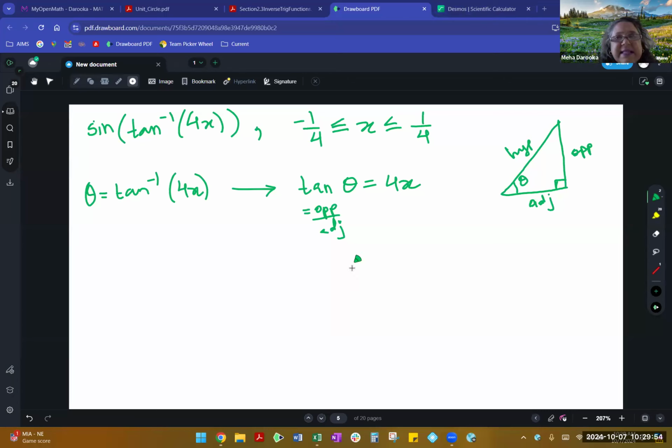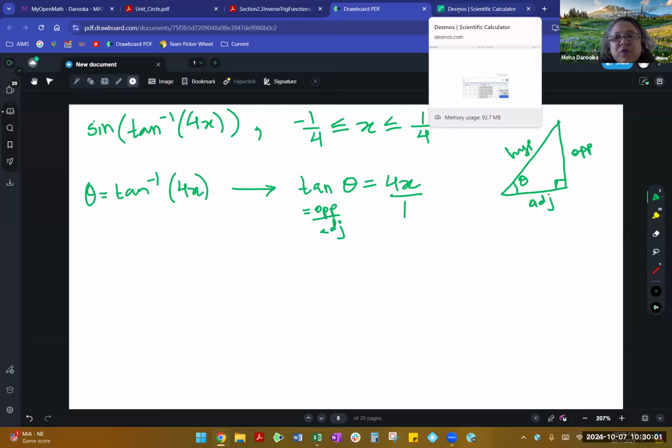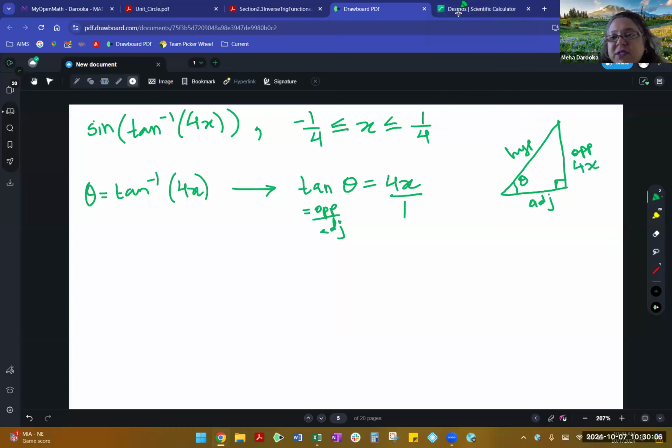Yeah, very nice, Phoenix. That's exactly what it's going to be. Since we need it to be a fraction, you can rewrite this as 4x over 1. And so the 4x becomes the opposite side, and the 1 becomes the adjacent side. So we can use that to break this down. And that means you would be going back to the Pythagorean theorem. That should be an o in there, guys. So Pythagorean theorem,